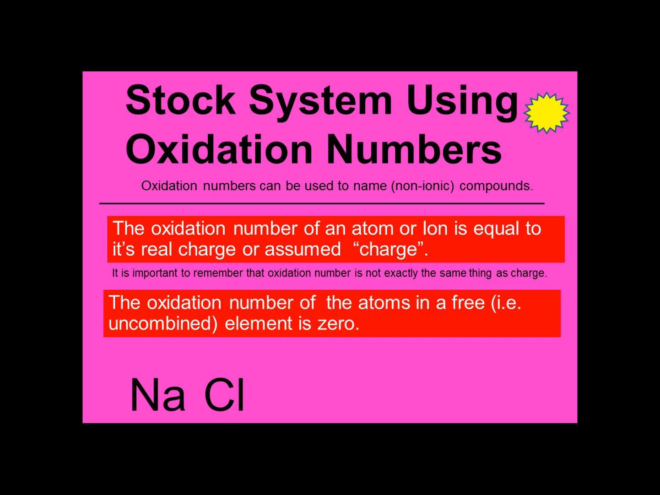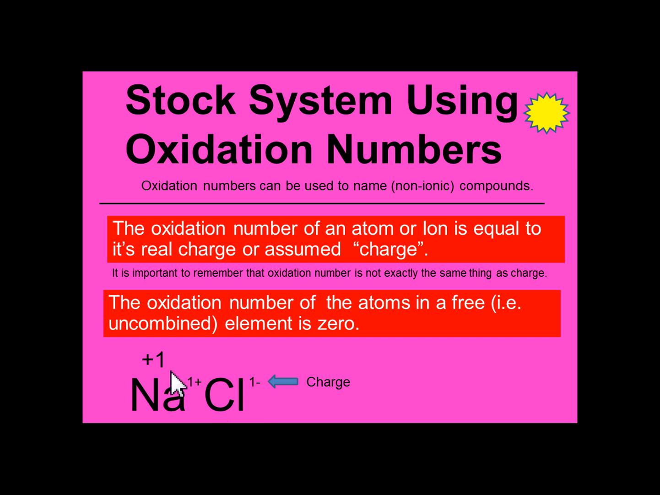So let's take a look at an example. Here we have NaCl, sodium chloride. The charge on sodium is +1, and the charge on the chloride ion is -1. Notice the charges are written as superscripts on this side of the element,